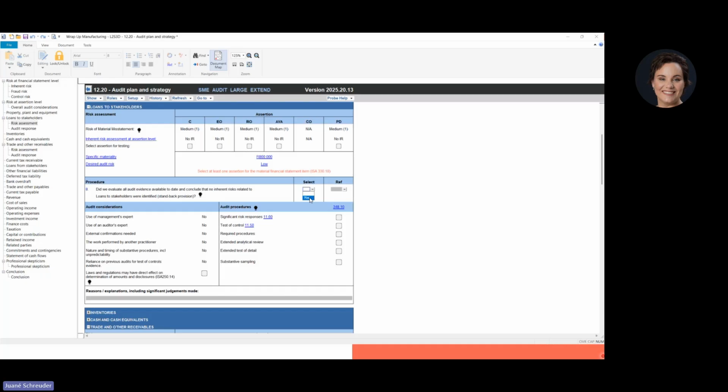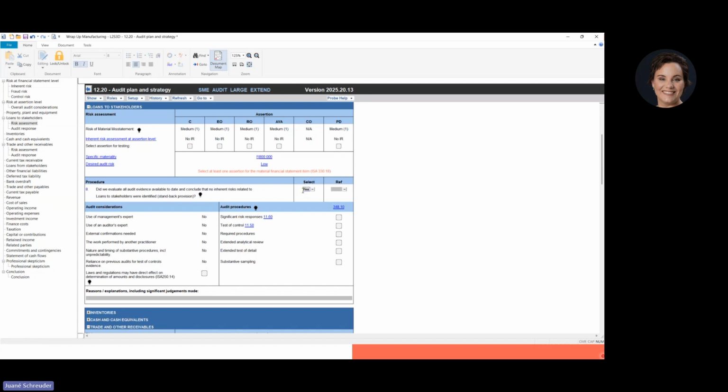So that's why it is critical that when I have a risk, I don't just tick an assertion here and select whatever. I have to go to 1160, record the risk properly there, assess it for likelihood and magnitude, document my system description, and then I can come to 1220 and determine my audit plan. But if I've gone through it and I say there really is no inherent risk,